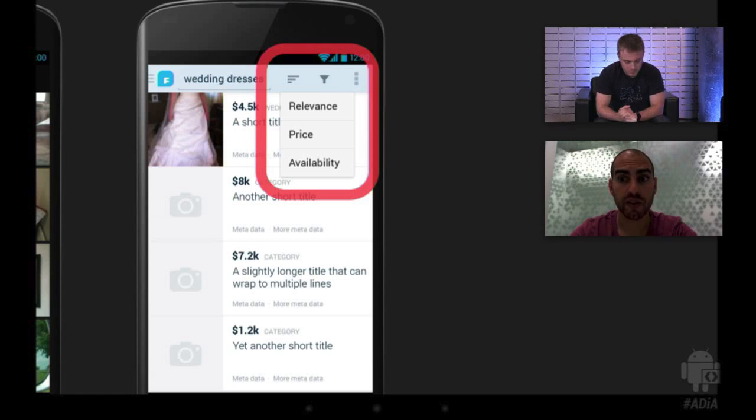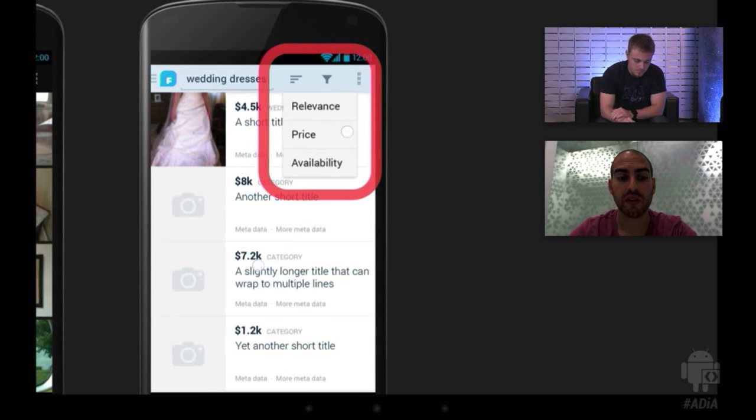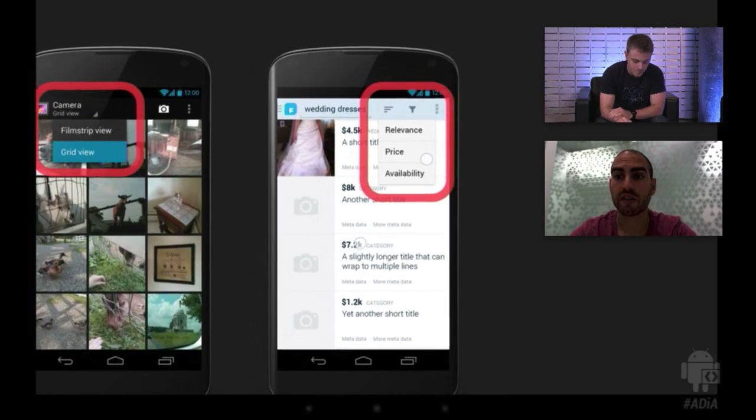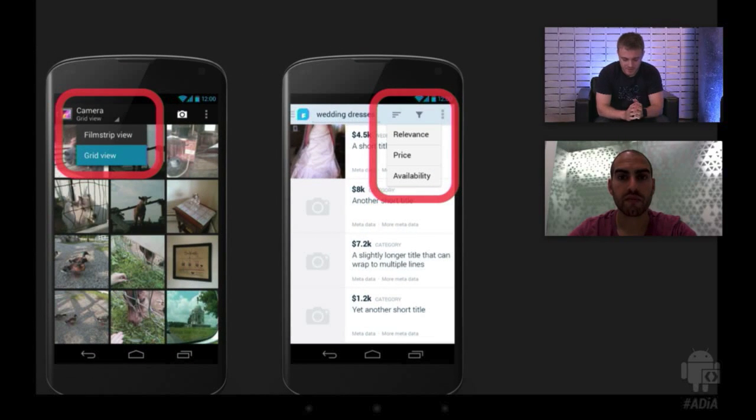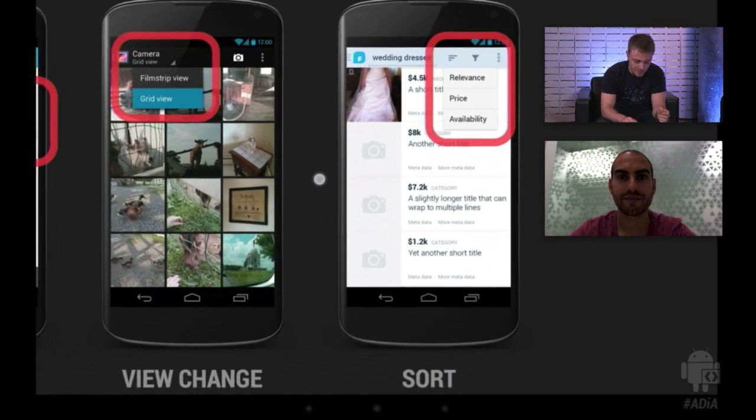Pressing that reveals a submenu, which lets you pick how you want the data sorted. So pretty simple stuff. These are the common ways on Android which you can do these kinds of distillation behaviors. Yeah, and one more thing I wanted to mention is that another way to do the view change is